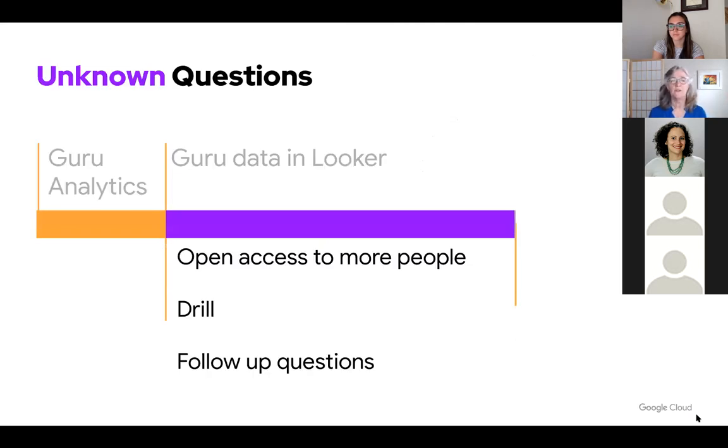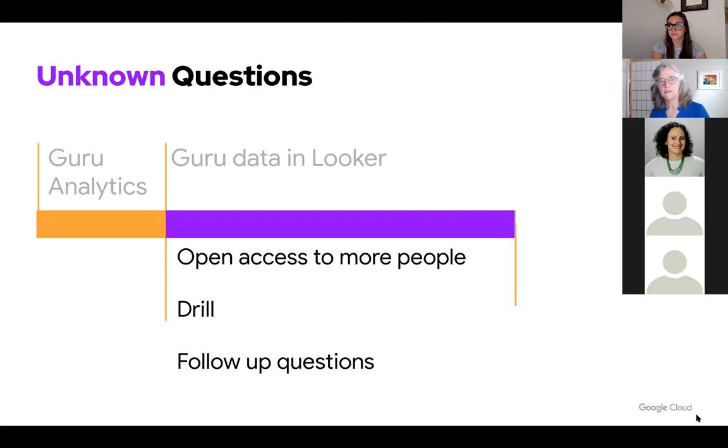Especially with the unknown questions, because you can open up access to more people. They'll have questions you never thought of. And drilling, meaning if you find out that 37 people did something, you can drill in to see who it was. So you can always ask the next question off of a number you see, and follow-up questions.